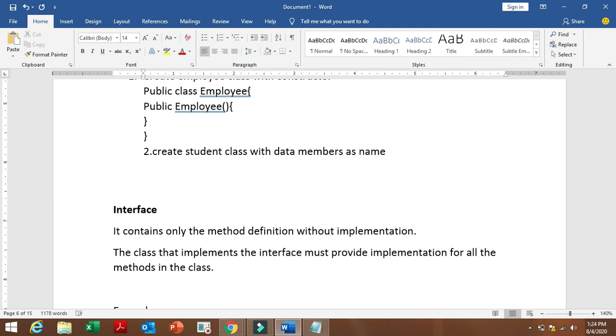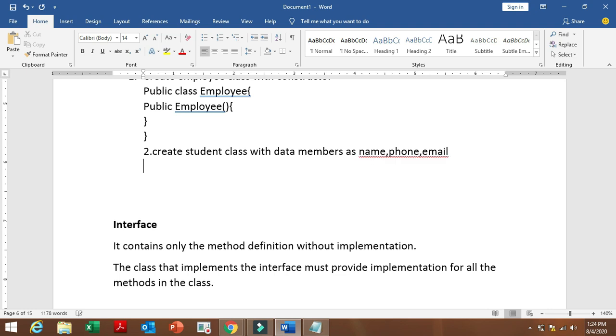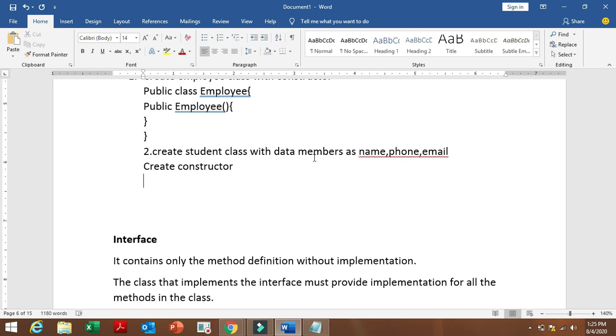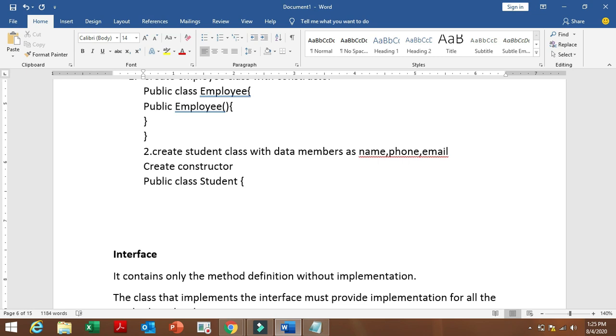Public class, and then the class name, and then braces, and data members are included, string name.